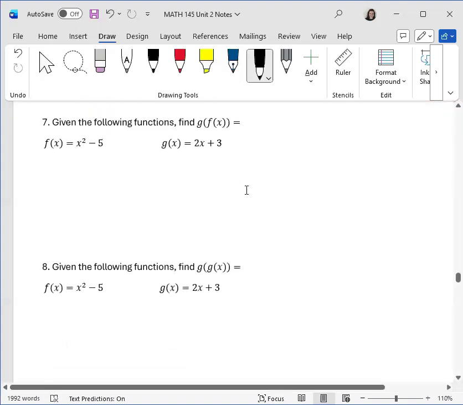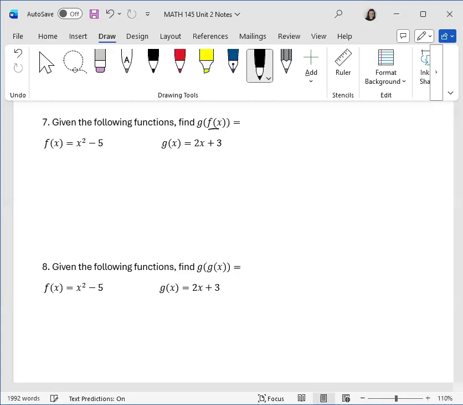Okay, the next example is similar. We're not substituting a value in for x. We're substituting the expression that represents f of x, which is x squared minus 5. So if we substitute that for f of x, we're left with g of x squared minus 5. This time we're substituting x squared minus 5 in for x into g's function. So g's function says that I take 2 times whatever x is representing, which is this expression, x squared minus 5,